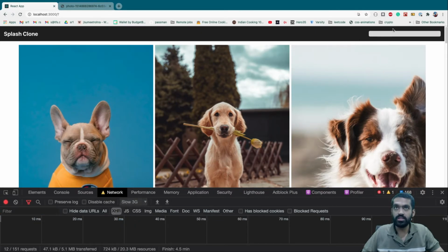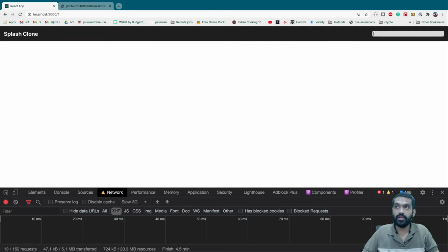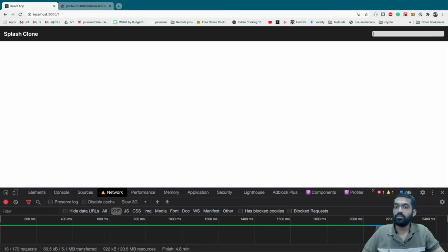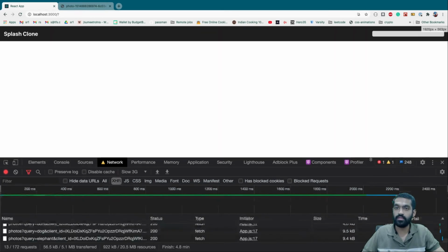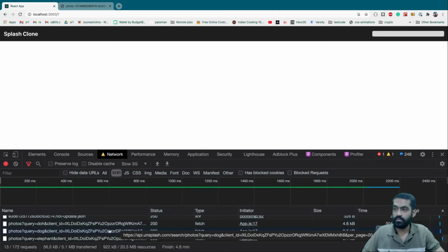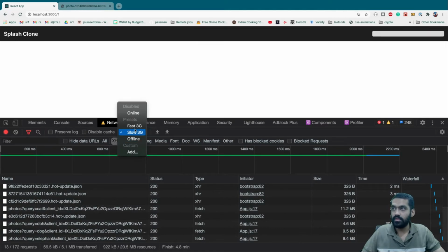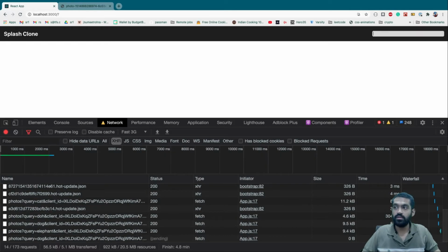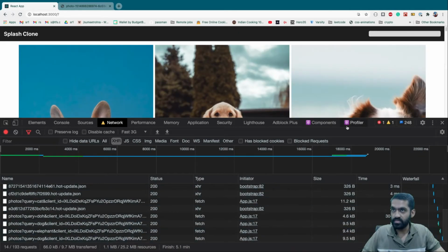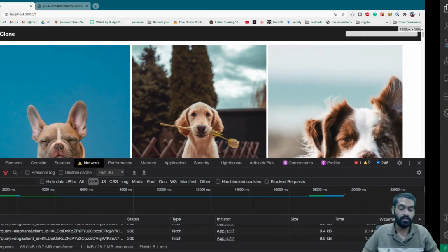Really slow 3G. Let's do elephant. Yeah. So we don't have anything until the data is loaded. Okay, this is really slow. Let's do fast 3G. Let's do dog. Yeah. Okay, fast 3G is better.